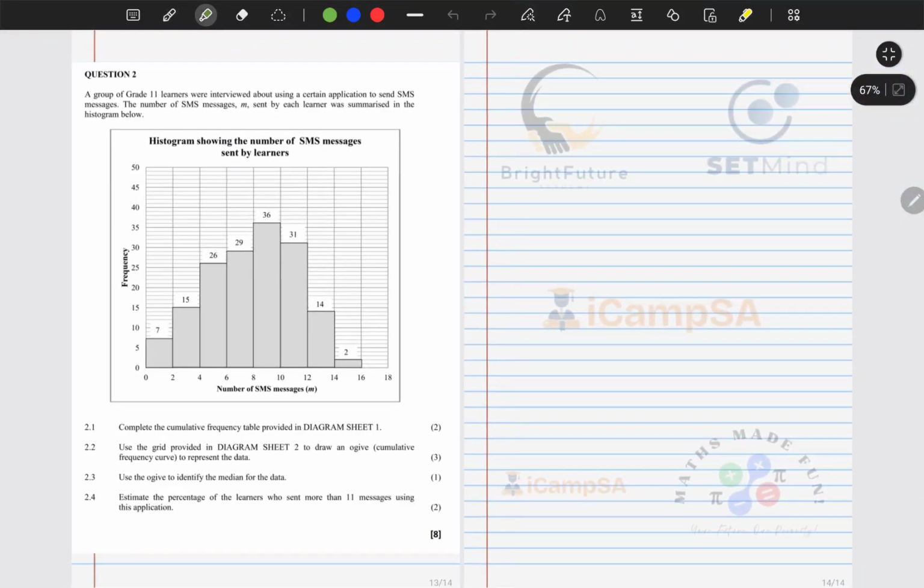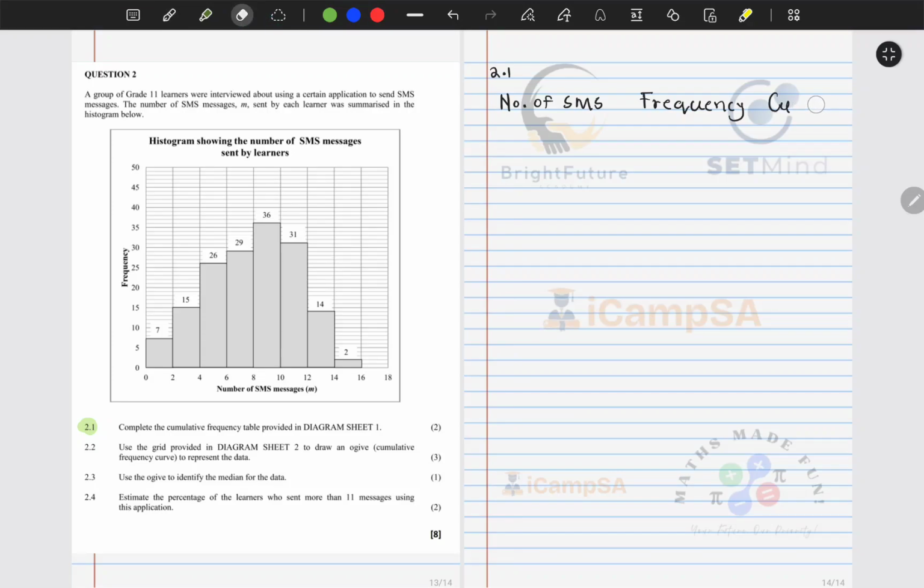For the first question, we are required to complete the cumulative frequency table provided. But what we need to realize is that we're given the past paper, not the answer book, so I don't have the frequency table. It means I need to quickly do it myself. If you observe carefully, we are going to have the number of SMSs, and then the frequency, and then the cumulative